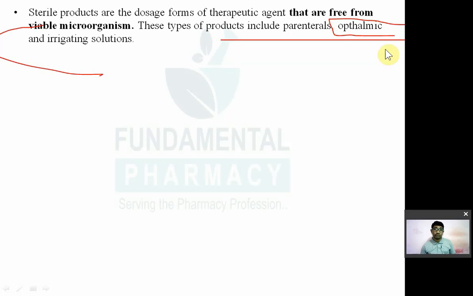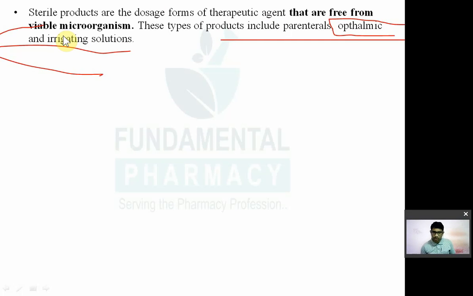Then irrigating solution means what? If you want to wash a particular organ, irrigating solutions are the solutions used for irrigating the organs, that means washing the organs. Not in Hindi